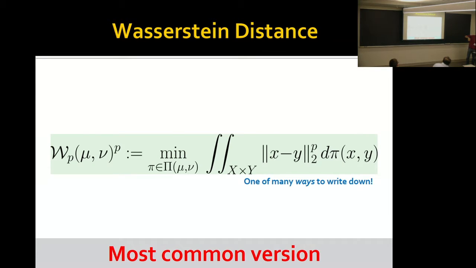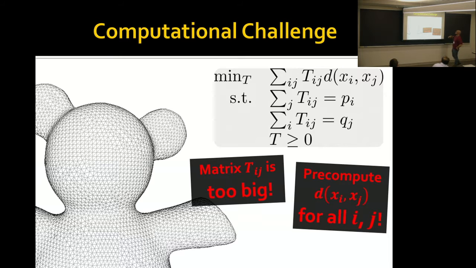In particular, if I try to discretize this in the typical fashion, here I have a variable Tij, the amount of stuff I pick up at i, drop off at j. And I have a linear program, where you can kind of squint at this and see how it's similar to the definition on the previous slide. So KL divergence is a formula. I can just type it into my computer and evaluate it. This thing is a large-scale linear program that scales quadratically in the size of my domain.